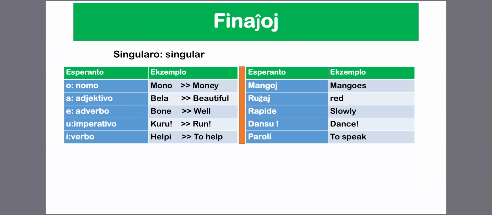Finajoj are the signals which show the meaning of something. In Esperanto, we have our signals. For example, you might see a poster on a house where they say this is a cow. You should know that this is a butcher, maybe a butcher shop where they sell